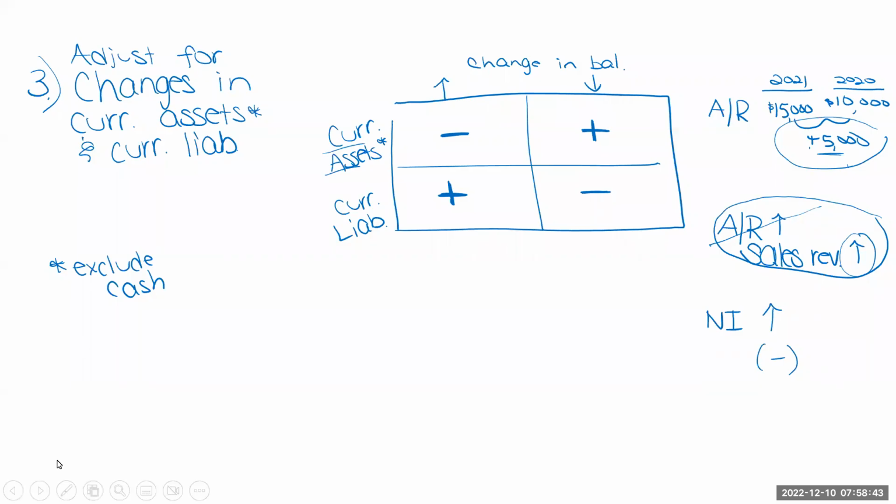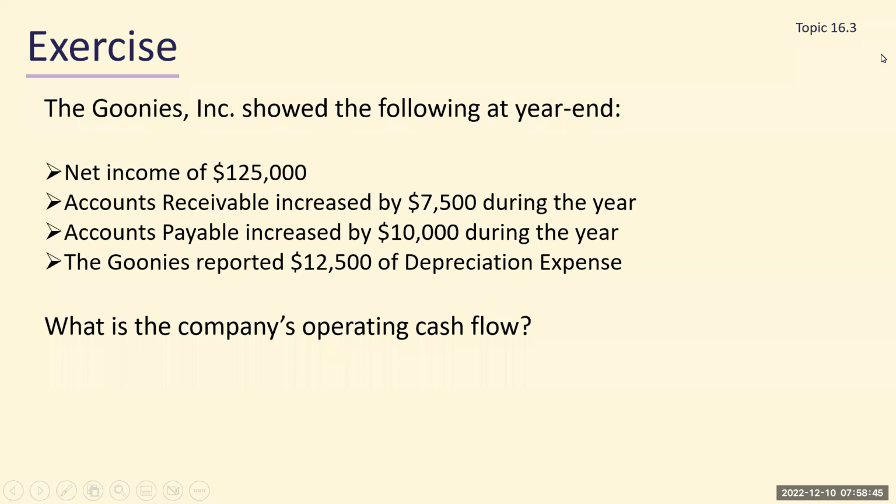All right, let's try an example. We're being asked to solve for the company's operating cash flows. We're only using the indirect method in this class, which means we start with net income and make those 3 adjustments. So here we have net income was